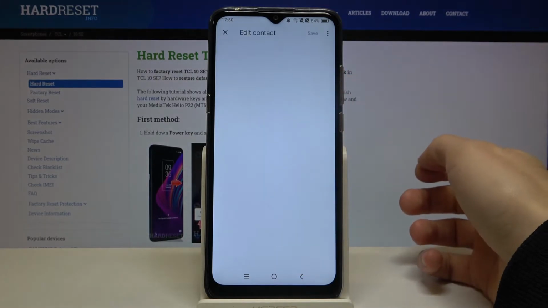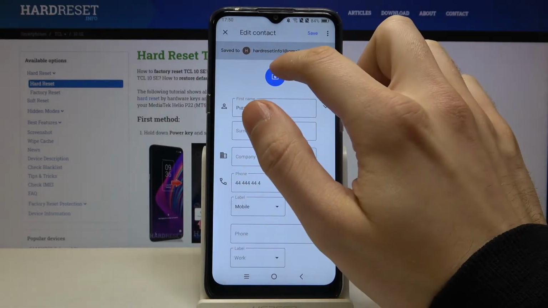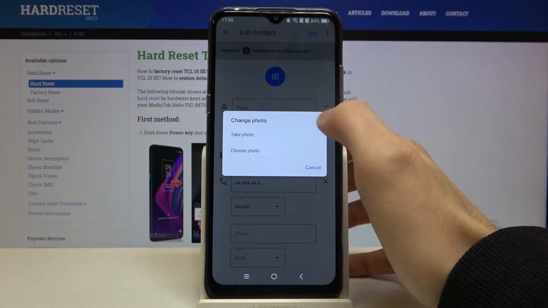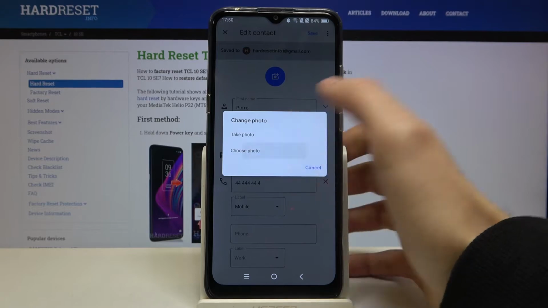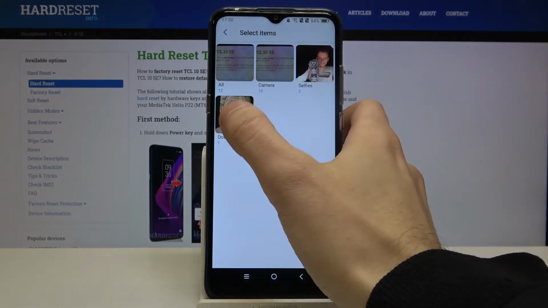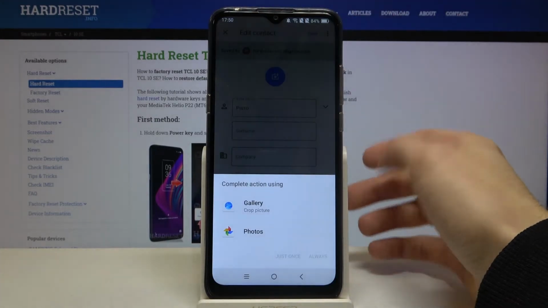tap Edit Contact, then you have to tap on the camera icon to add a photo, then you have to select if you want to take a photo or if you want to choose a photo. Next, you have to select a photo,